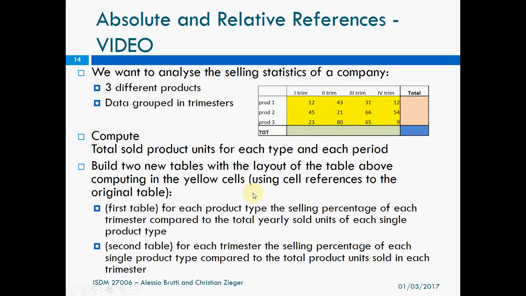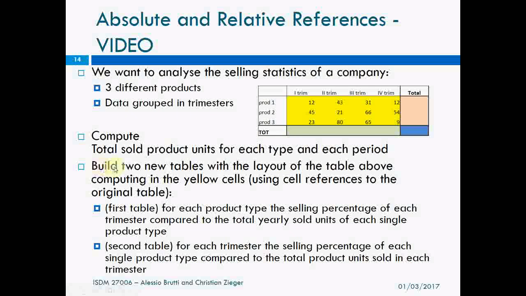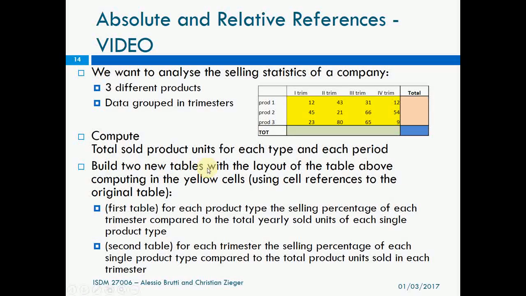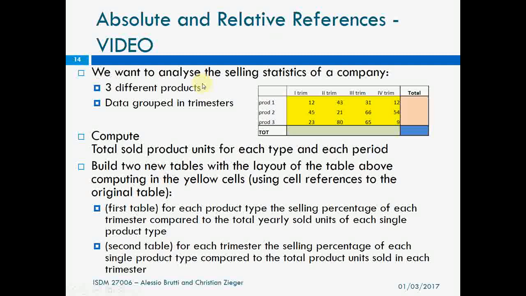Then we have two other points. We need to build two new tables with the same layout as this table. And then in the yellow cells, we need to insert a formula using the proper cell references. In this case, I mean relative reference and absolute reference, so that in the first table,